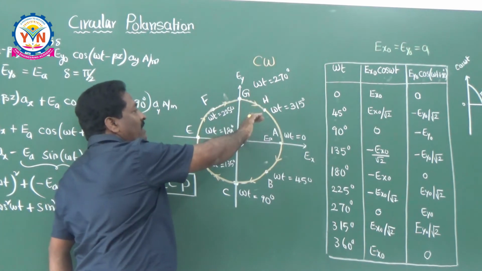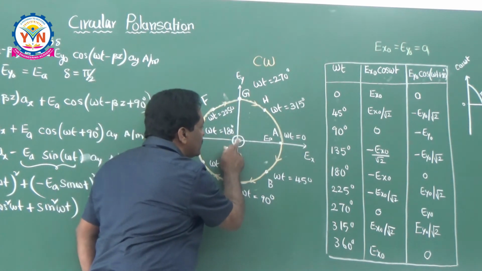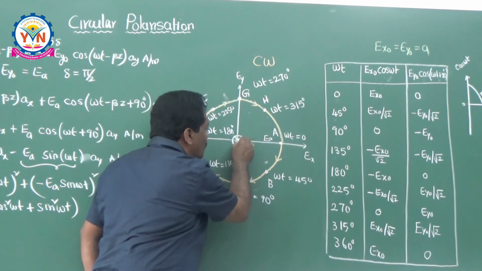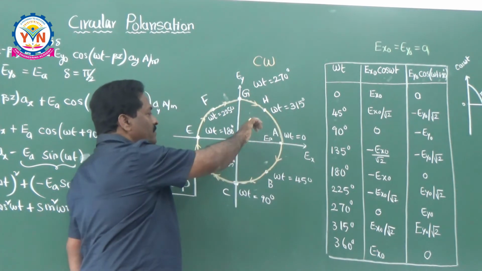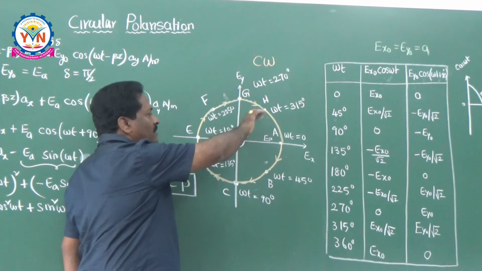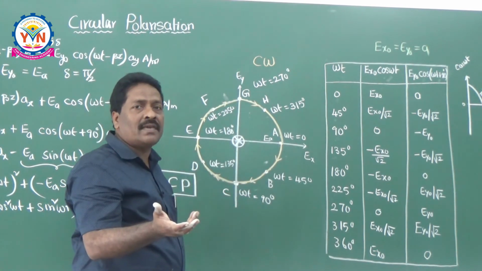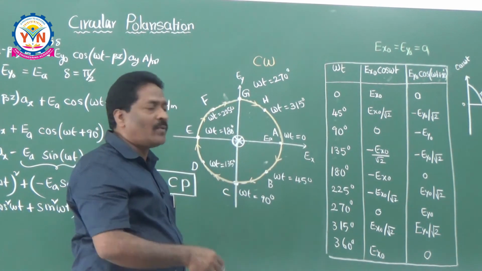Right hand is actually giving the answer for this. So if the wave is propagating in the negative Z direction, going into the board, then we place the thumb like this. And if the direction of the movement is the same, it does not change. At that time, the polarization may change. It is a right circular polarization.